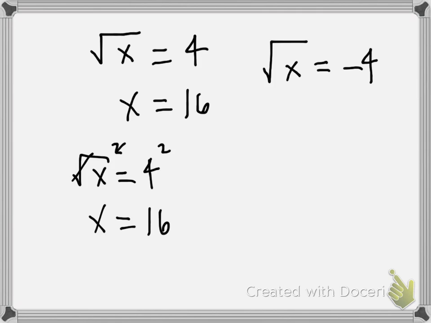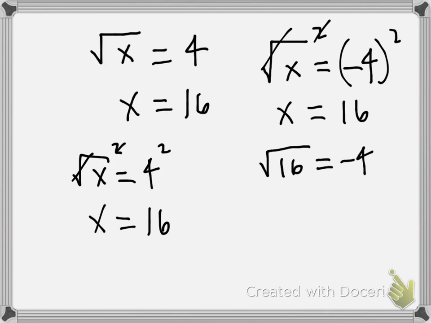I'm going to try to square both sides of my equation. And then again, just like we saw before, the square root and the square undo each other here on the left, leaving us with an x by itself. -4 squared on the right, -4 times -4 is equal to +16. Okay, so it looks like we get the same answer, but if we take this answer and plug it back into the original equation,